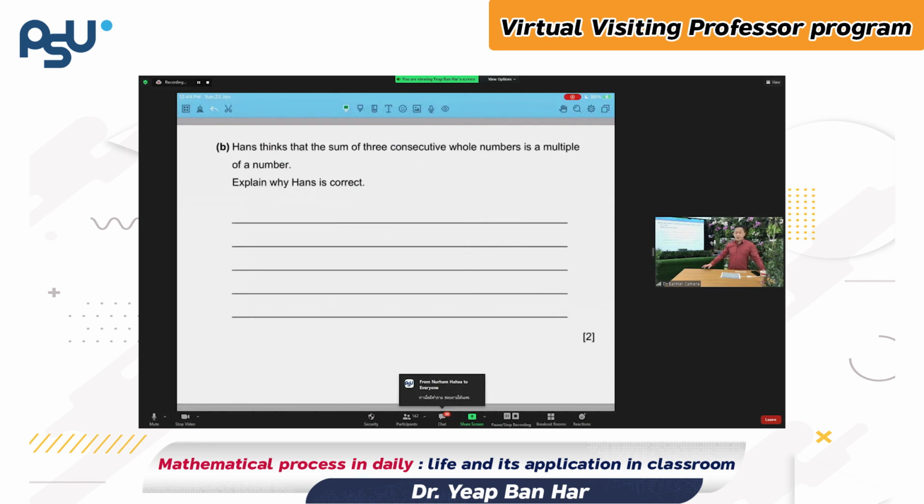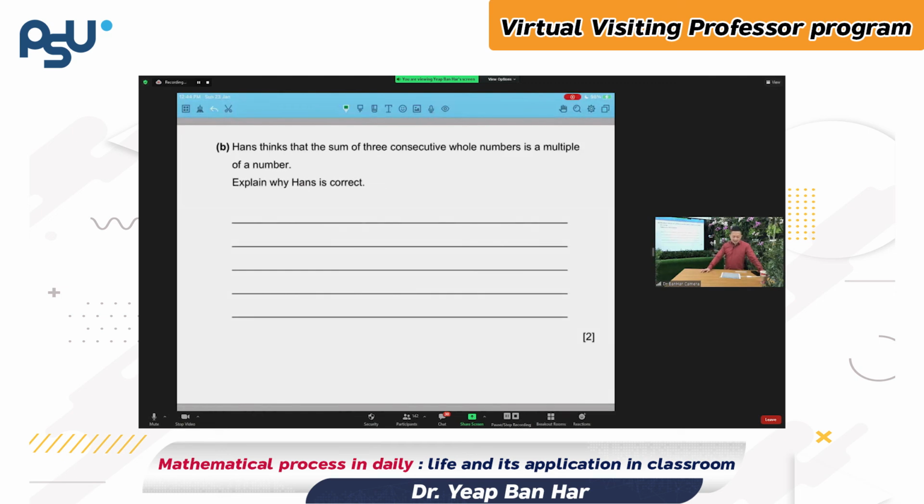I'm just putting on the screen an example of a test item that we give to our students in this school that illustrates the point about generalization, looking for patterns. By the way, in this school, they do not do multiple choice, because in life, not everything is multiple choice. Sometimes it's multiple choice. You go and buy food, it's multiple choice. You either choose this or that, right? Yeah, some things in our life are multiple choice, but a lot of the harder things in life are not multiple choice.